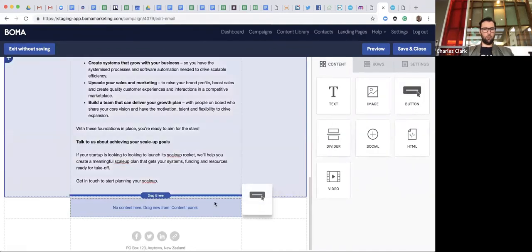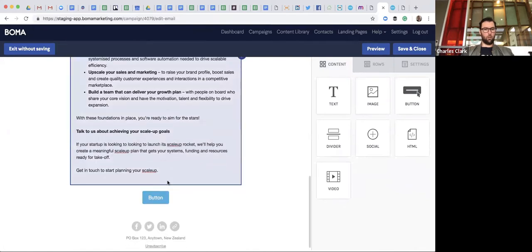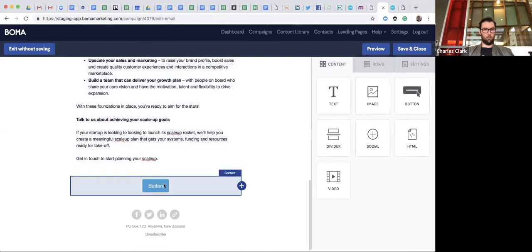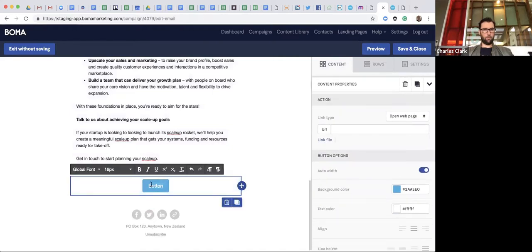And that's the thing, if you do drag something in that you don't want in there, it's as easy as that to delete. So you're able to build and change these emails really flexibly. When you first try things out, if you do drag something that you didn't want to, there's always a delete button and you can just start again. So for that button, obviously you don't want it to say button, but just simply select, highlight,